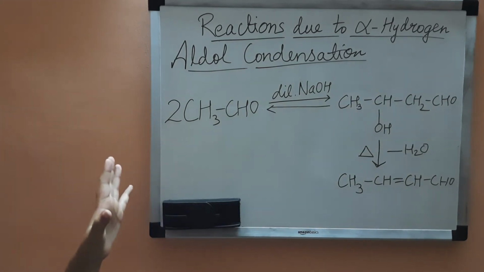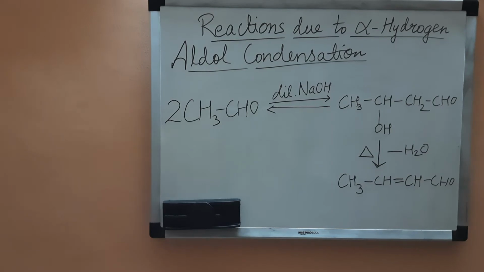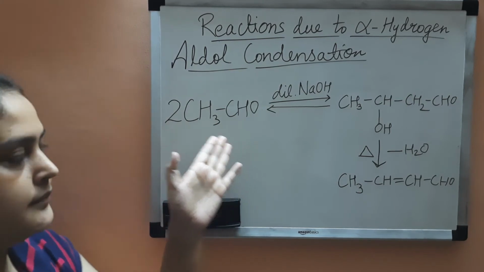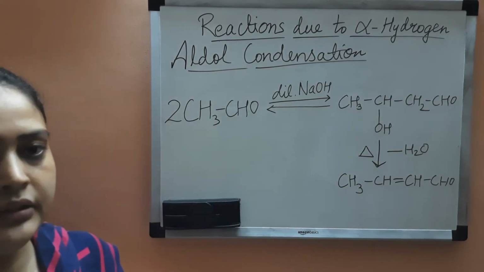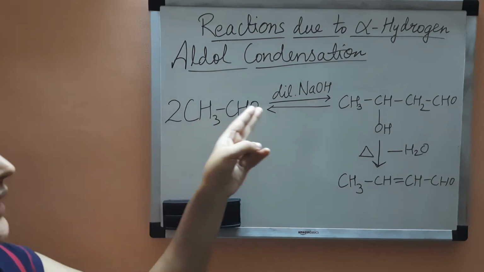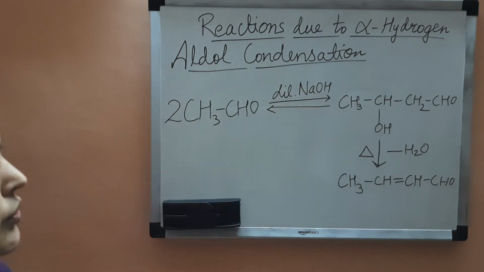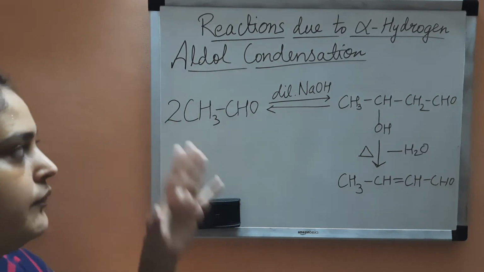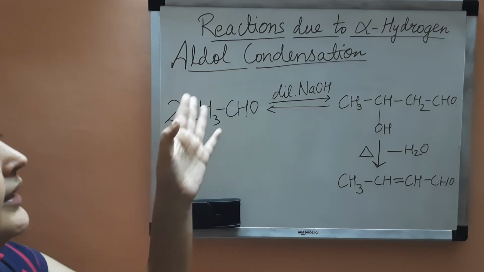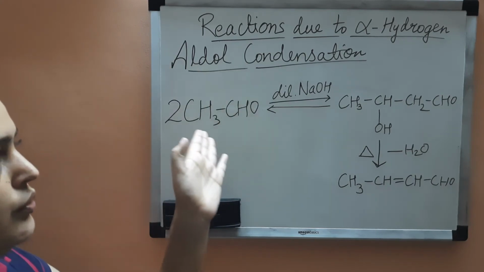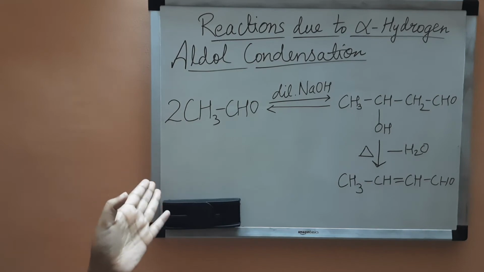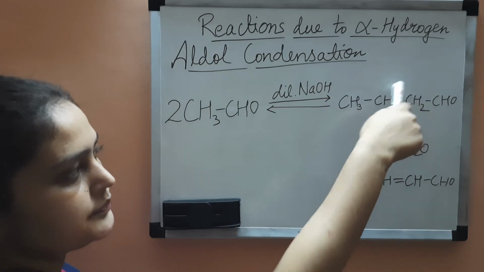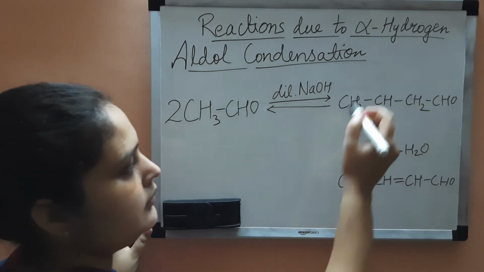So this is the reaction, and now we have taken ethanal, that is CH3CHO. We have taken two molecules of ethanal and we are adding dilute NaOH to it. What will happen is that the alpha hydrogen will be abstracted from one of the aldehydes and it will get attached to the second molecule of aldehyde, which I will show you in the mechanism, and then you will get a beta hydroxy aldehyde. This is known as aldol,